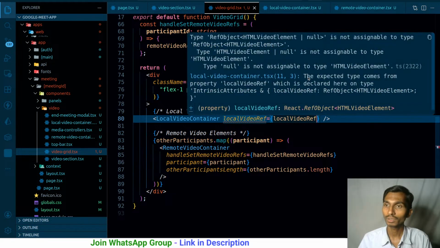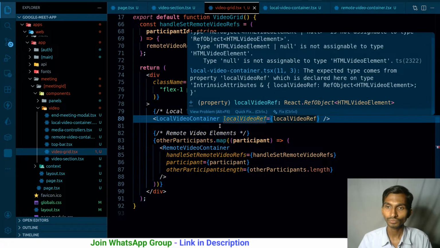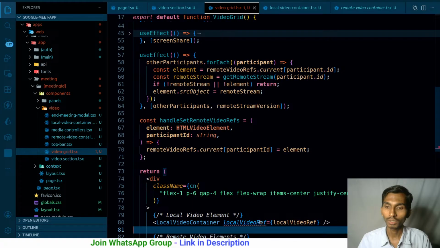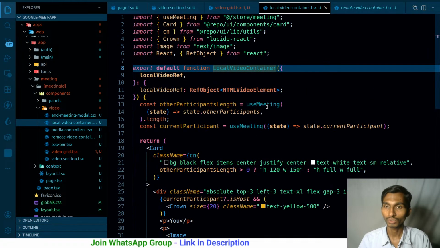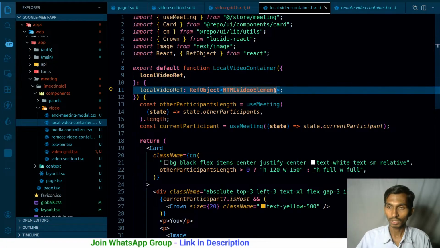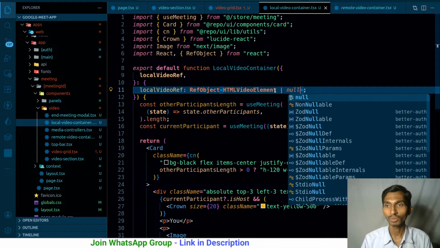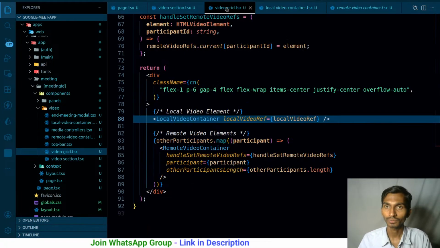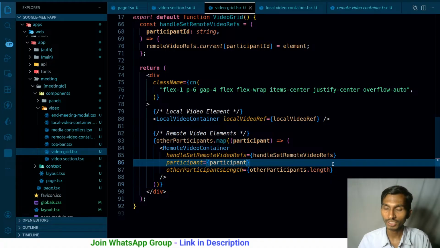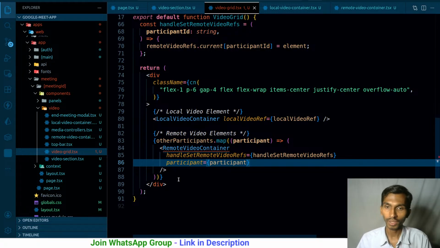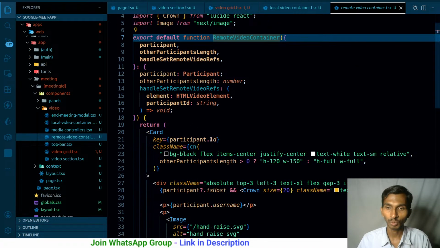There is a problem that is not assignable. So by default, this local video ref that I have over here, that is equals to null as well. Coming back to this one, the ref object that it will get, that will be null as well. So right now not getting the error. So this particular thing is done. This particular thing is already done. And a few things that I'm passing what? I'm passing participant from here. I need to pass. I'm passing other participants list. I don't need to pass it. And I will tell you why. Because I can just directly import it here.